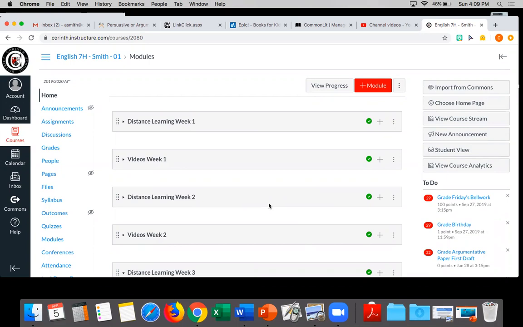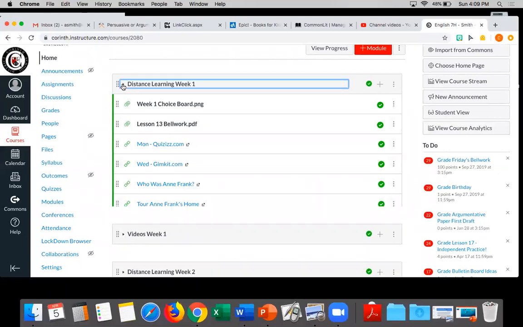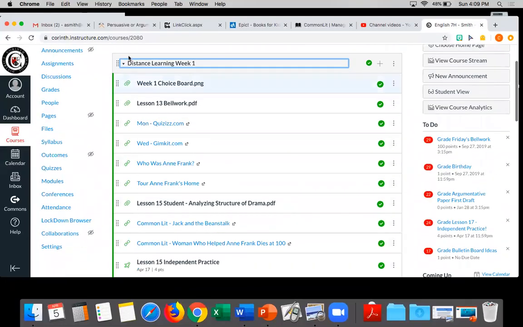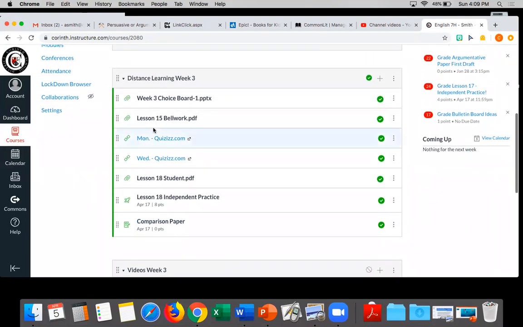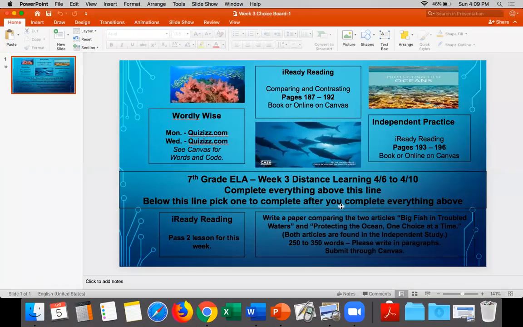So this is what your Canvas page should look like. We've got distance learning week 1, week 2, and now week 3. I think that yours are minimized like this, but if they're like that and you want to simplify things, just close that module. Okay, so distance learning week 3, we've got our choice board, which I've already downloaded, and it